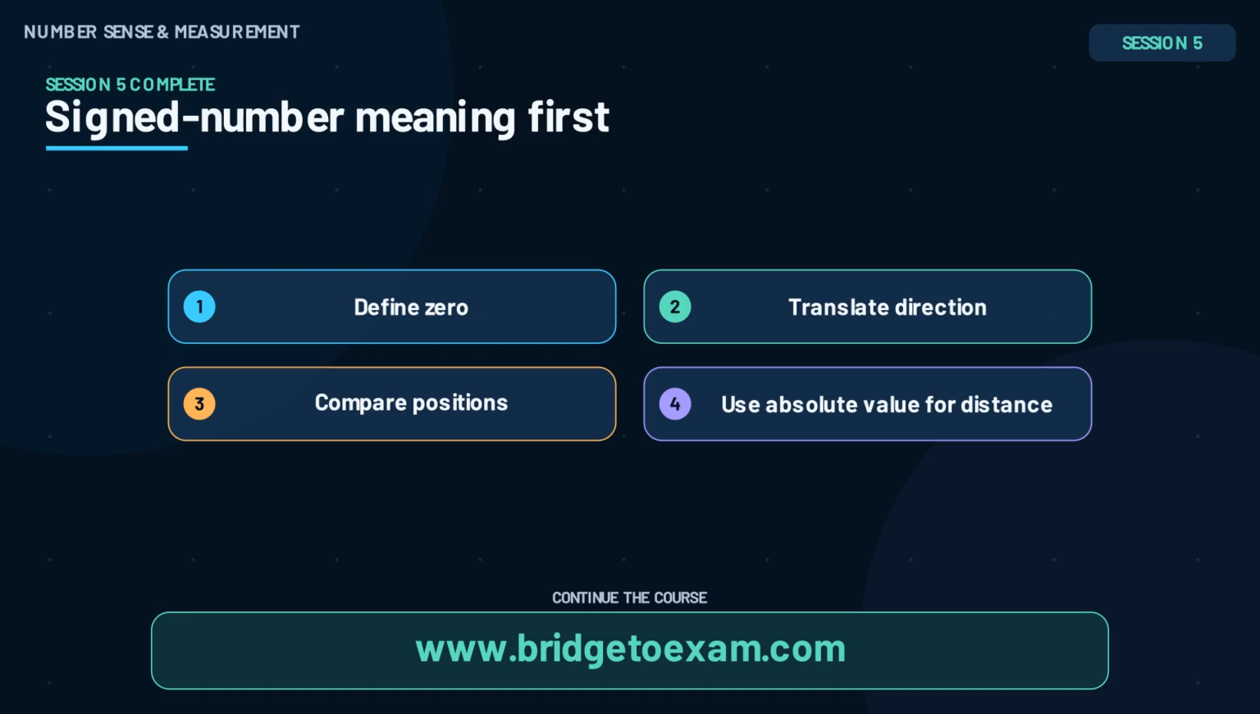Define the 0 reference, translate direction words into signs, compare by number line position, and use absolute value when the question asks for distance or magnitude. Opposites have equal